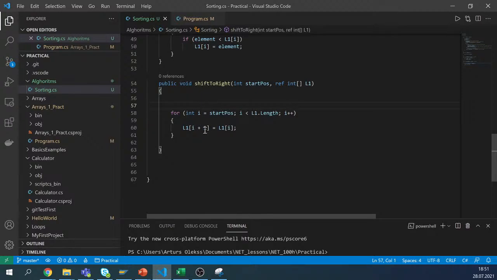No, that would be the opposite one. The current one should be the previous one. So then we can say that the position would be, one moment,